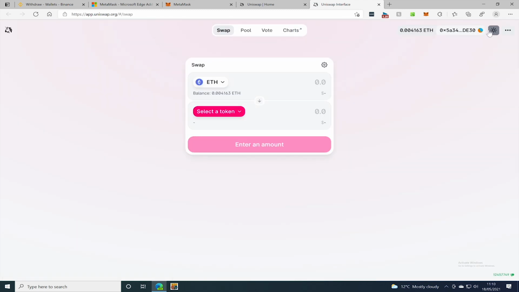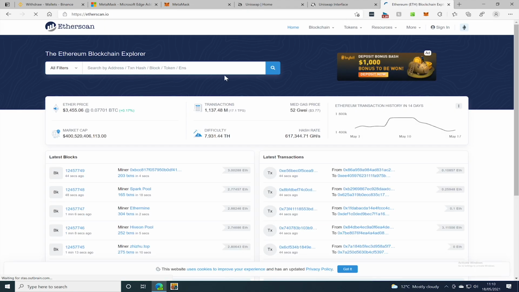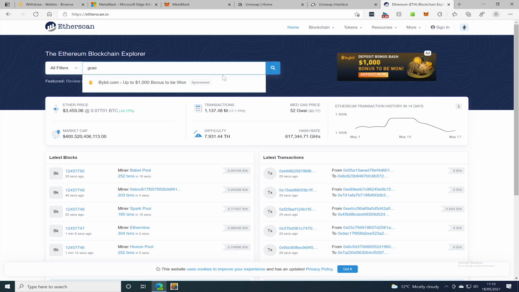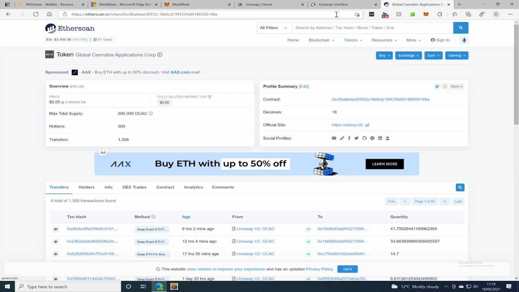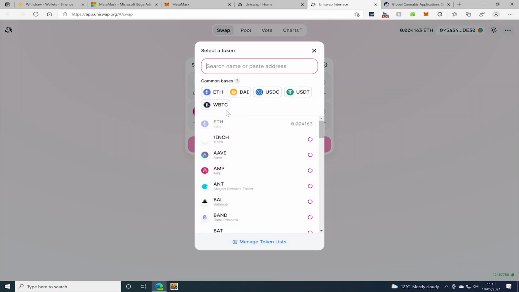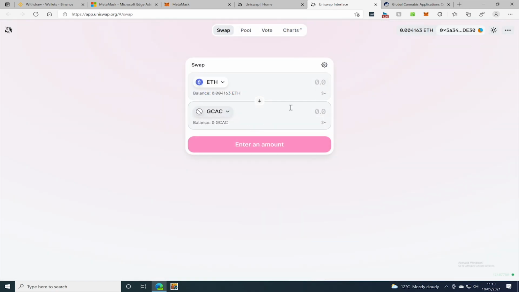Use Uniswap. I'm also going to link in the description below the address for buying GCAC, but another way you can do it is go to Etherscan, GCAC, and just copy this contract address. And now,